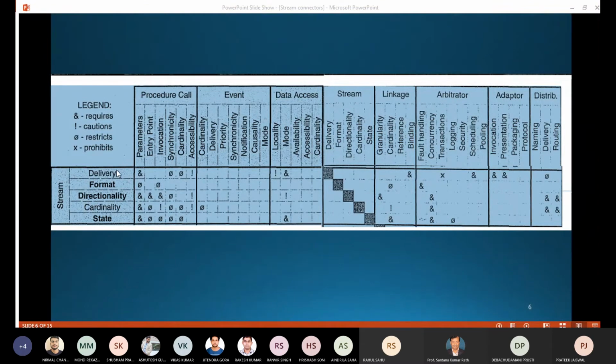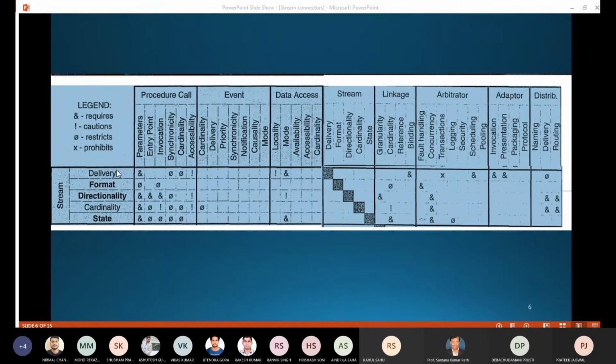Then directionality. Yes, we require parameters for directionality, as data transfer can be in one direction to another, meaning from one input stream to another output stream, or one output stream to another input stream. That's why we need parameters and directionality.